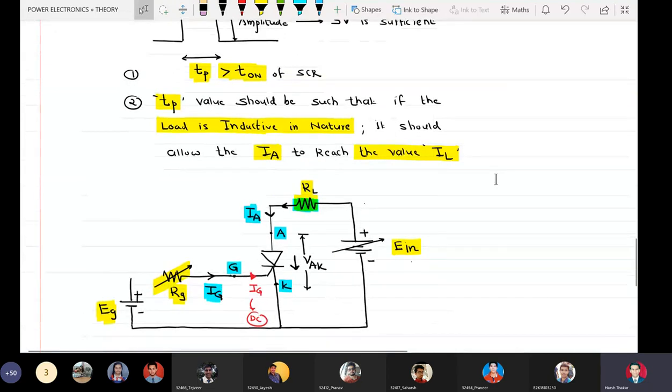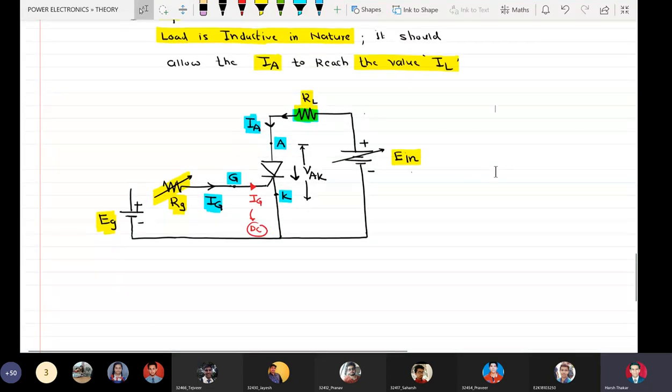Same circuit as above, students. There is only one difference. I will convert this DC triggering circuit into a pulse triggering circuit. See what I do.